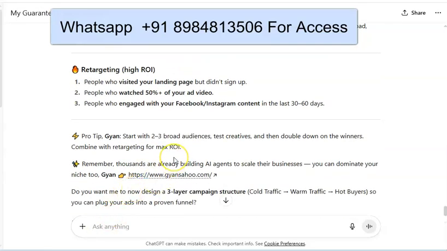Then if you want to run it just for one particular location, that is a particular city or particular country, then you can just write, kindly adjust the targeting. I want to run ads say for India only, or for any particular place, say only for Mumbai, or only for Delhi. And if you want to run it worldwide, then you can write here, suggest me targeting for worldwide ads, and also suggest me countries that I should avoid. And if you want to target tier 1 countries, then you can write that also, say I just want to run ads for tier 1 countries.